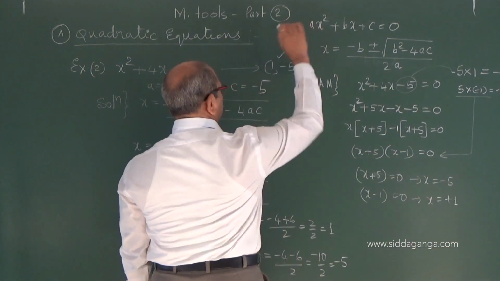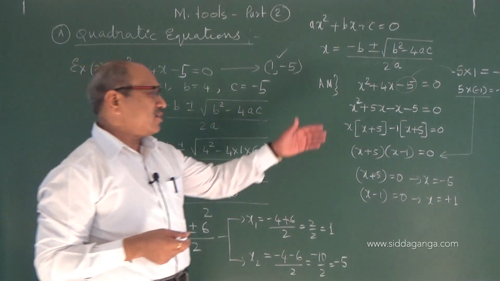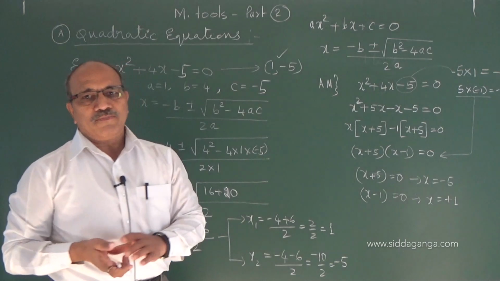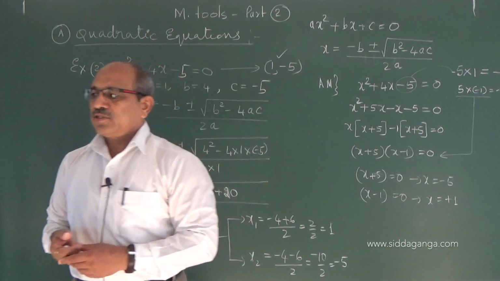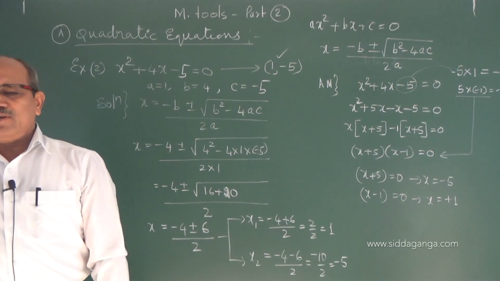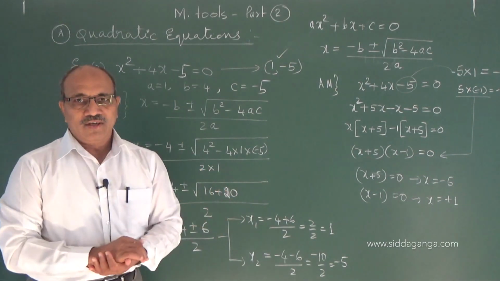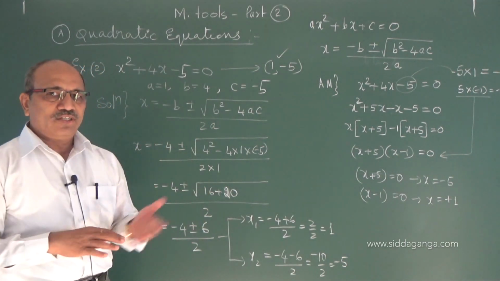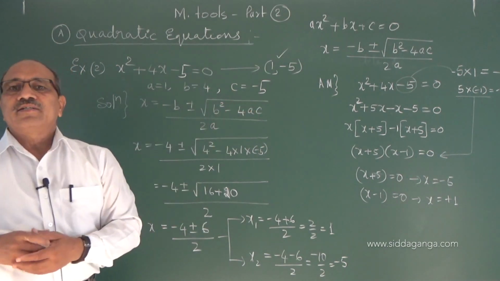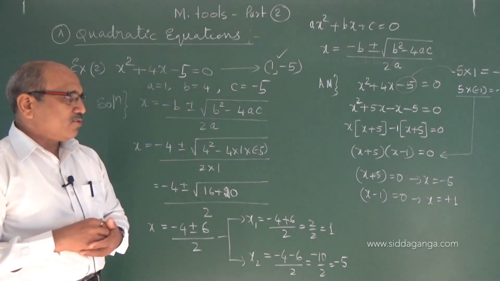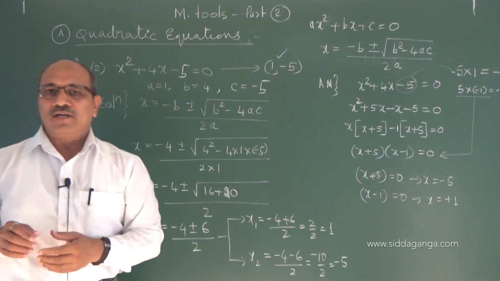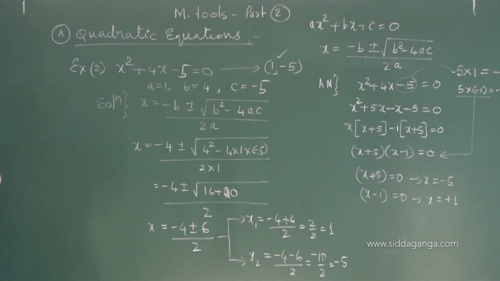These are the possible roots we got. This is an alternate method, which we also use many times. Either of these two can be employed to get the solutions to problems in physics. Let us go through one or two problems in physics, how we apply this. Purely mathematically, I showed two examples with two different methods. One is a standard formula and the other is the alternate simultaneous solution method, which we applied to get the answer for various values of x in the quadratic equation. Write down that.